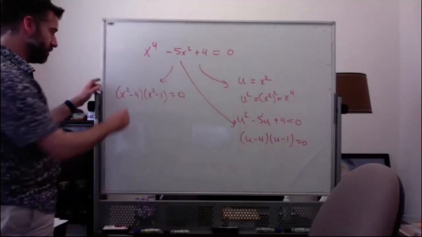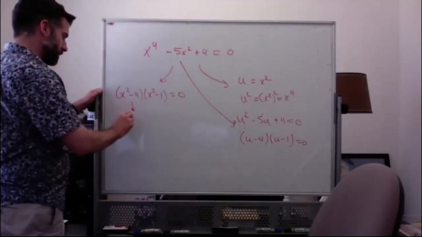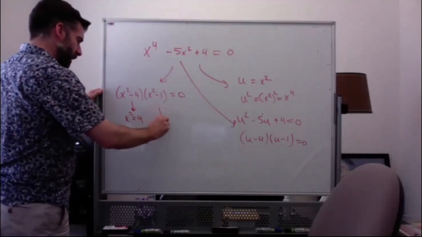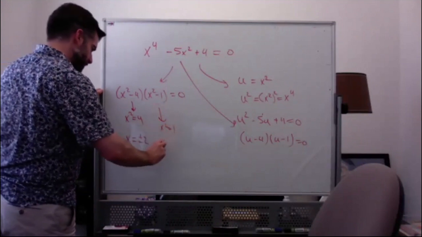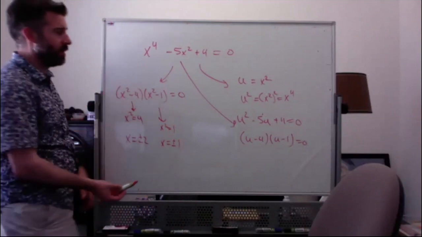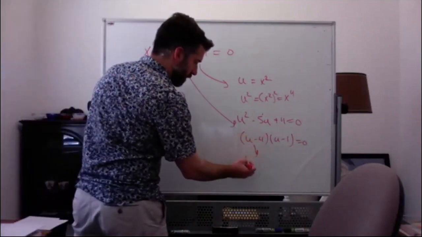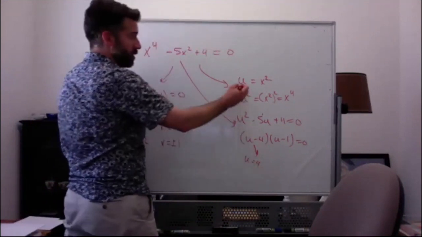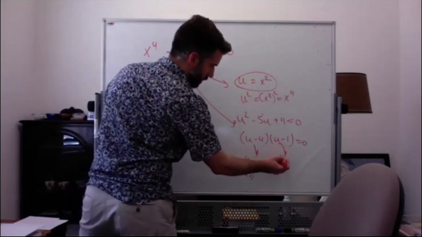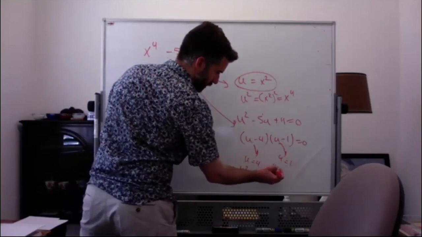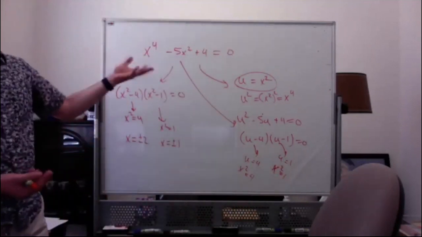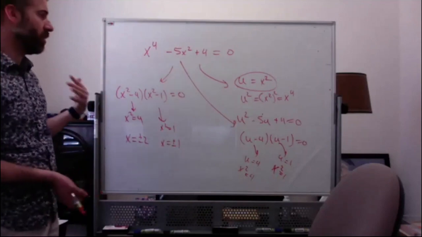In either case, in this case, I get x squared equal to 4, which gives me x plus or minus 2. And here I get x squared equal to 1, which gives me x plus or minus 1. You could also factor these more, but I'm doing it this way. And here you get the same thing. Here you get u equal to 4, but u is x squared, so that becomes x squared equal to 4. And here you get u equal to 1, which becomes x squared equal to 1. So we'll talk about some different forms like this and how you solve them, but it's really